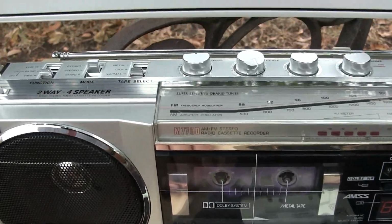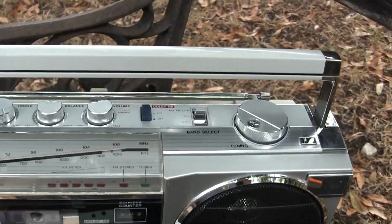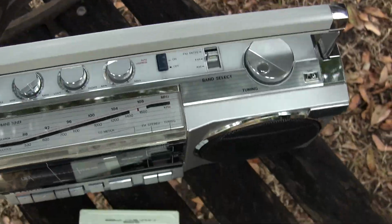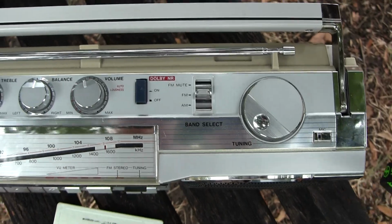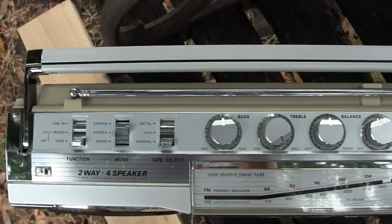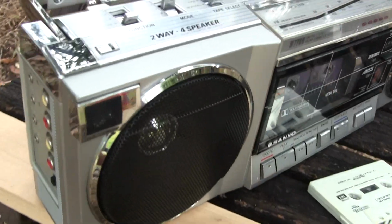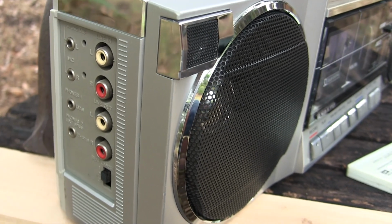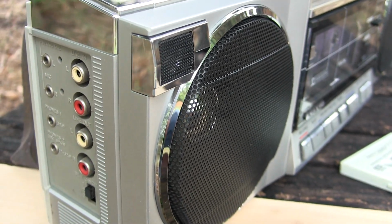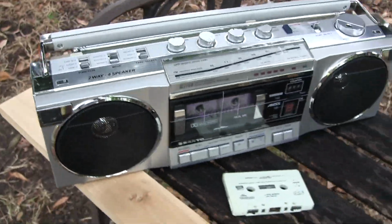Sanyo M7790. Okay. This is the AM and FM version right there, as I just let you briefly see the top of it here. It's got full bass and treble. Okay. And it has those features there. It has a full complement of line in and line out, as well as two microphones and two headphone jacks for sharing like that. And then,